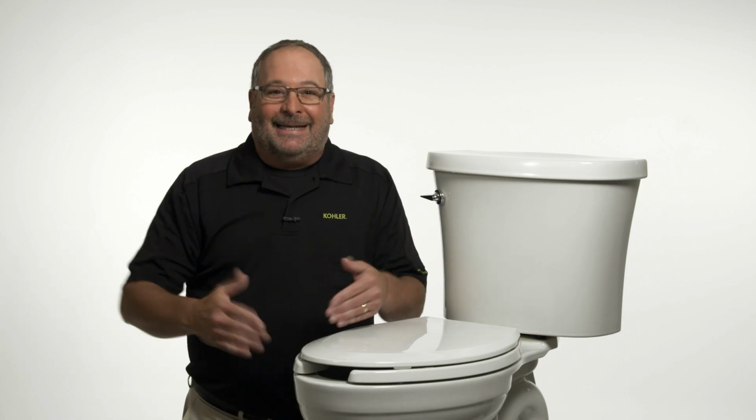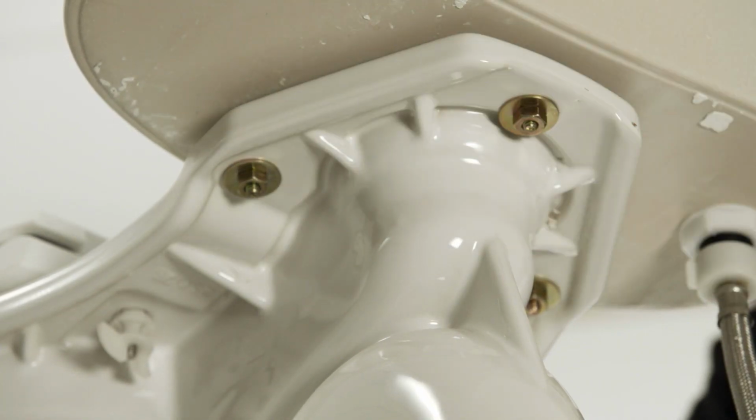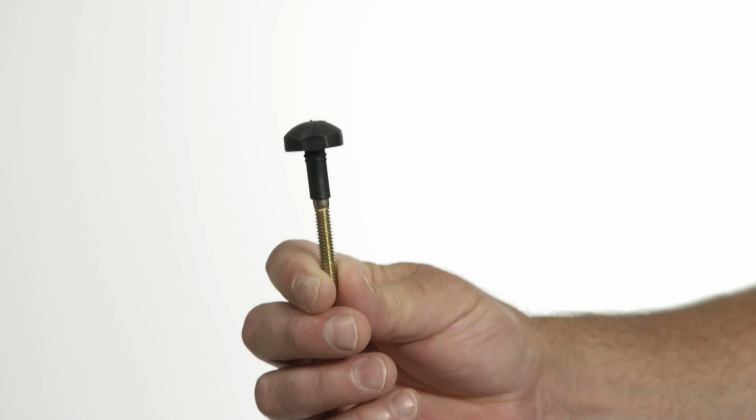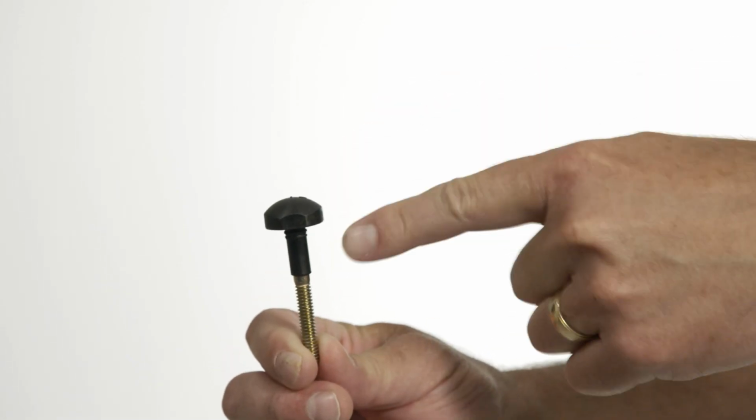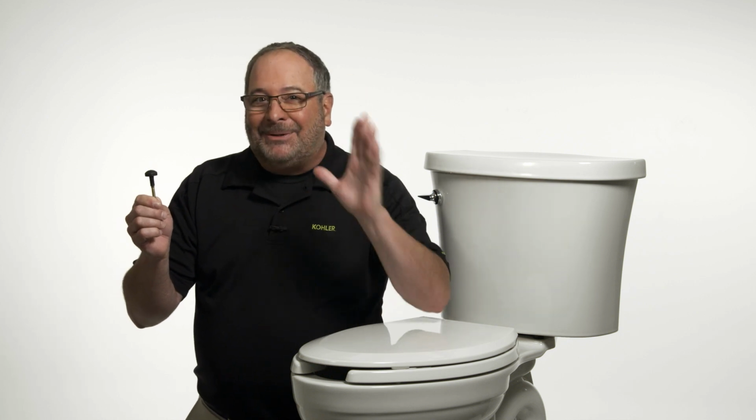Let's talk installation. The beauty of this toilet is it comes with a 3-bolt quick connect system, which makes it fast and easy to install. Now, these are not ordinary bolts. These are KOHLER's new encapsulated bolts, and they allow you to attach the 2 pieces without using any tools inside